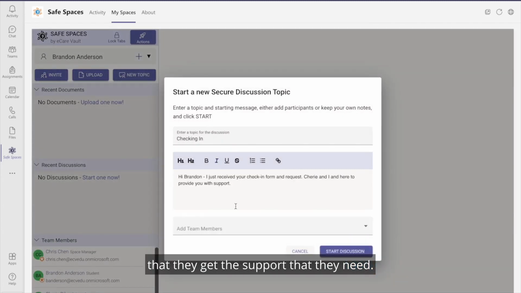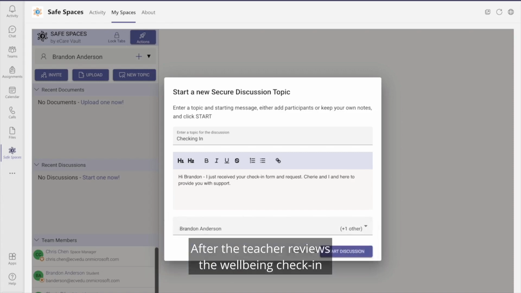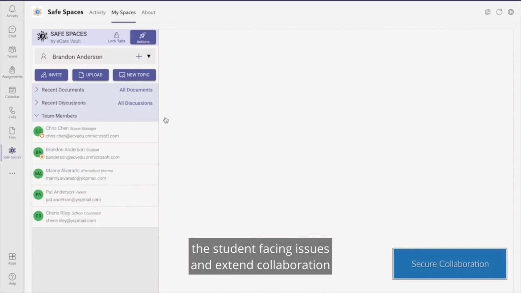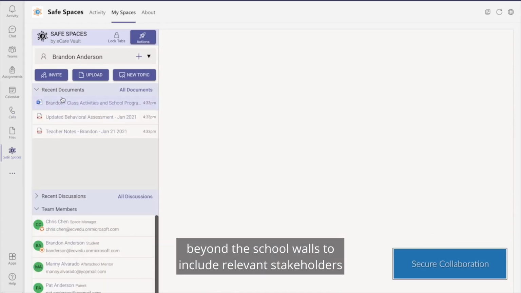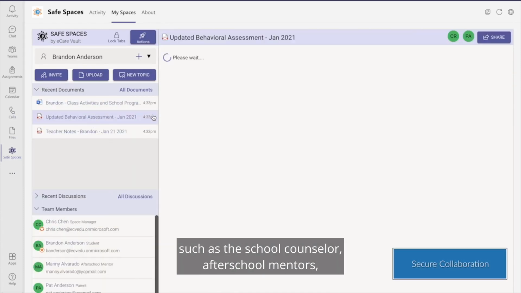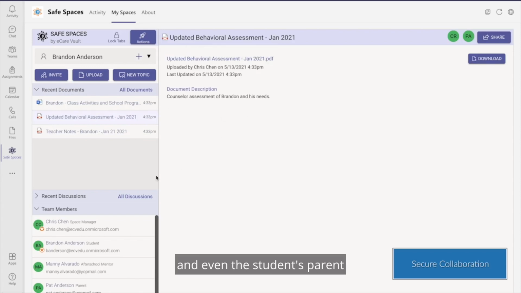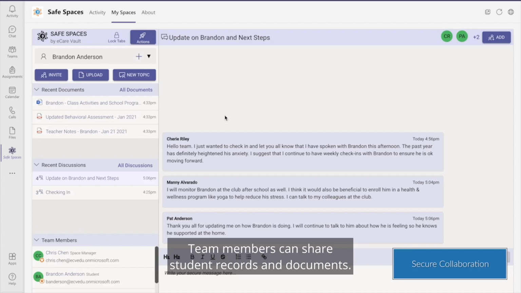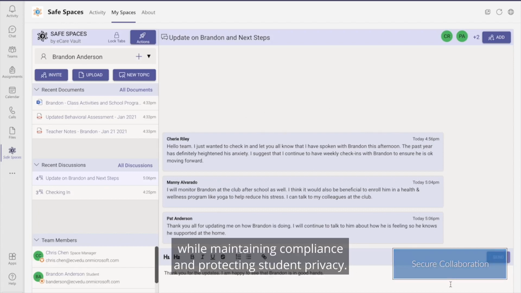support that they need. After the teacher reviews the well-being check-in, they can create a support team centered around the student facing issues and extend collaboration beyond the school walls to include relevant stakeholders, such as the school counselor, after-school mentors, and even the student's parent to coordinate support services. Team members can share student records and documents so all stakeholders have relevant care context information while maintaining compliance and